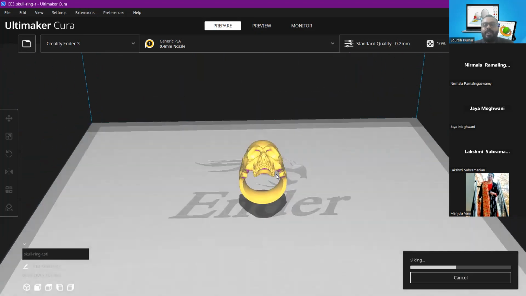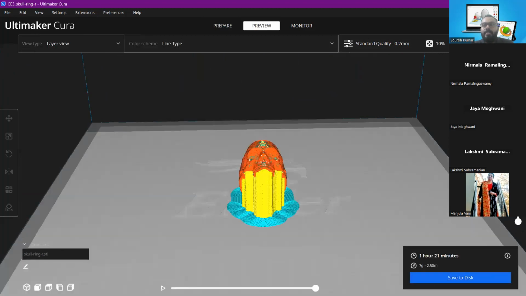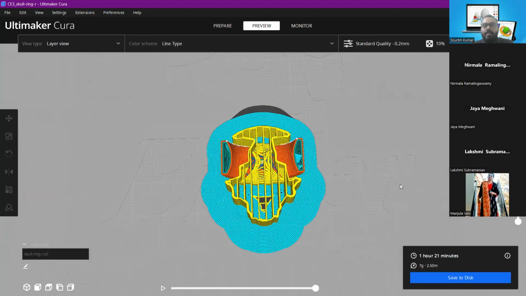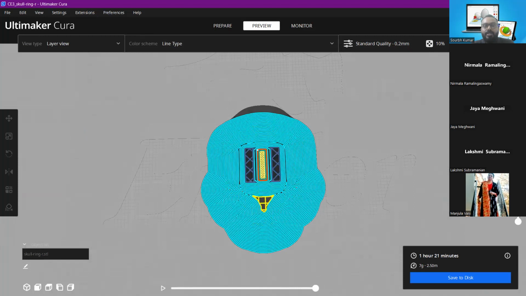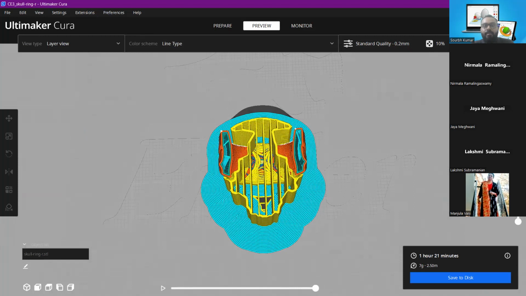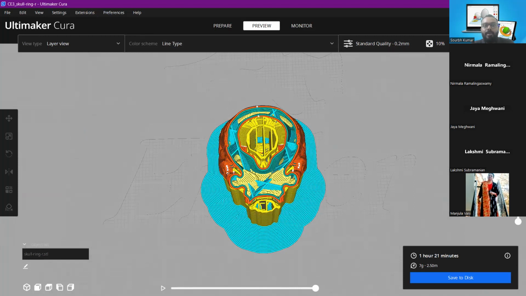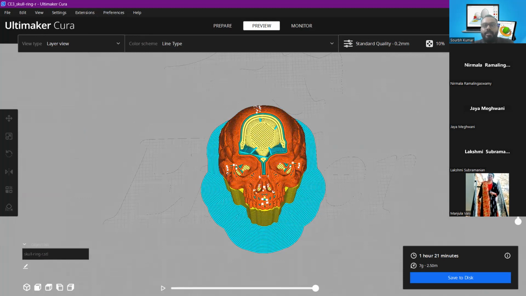Slicing means we are generating layer by layer data of these designs, and if you click on the preview, you can see the real-time printing of this skull ring design. The layers will be deposited in this fashion, and the complete design will be turned into reality. So this was the idea of